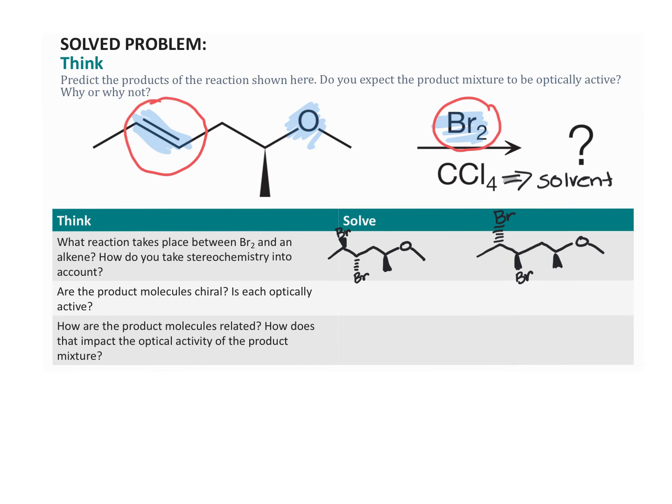Do you expect the product mixture to be optically active? So each product of the molecules is chiral, okay? And so that means they're going to be optically active. So yes, we would expect this to be optically active. The reason we'd expect this to be optically active is because we haven't produced enantiomers. These aren't enantiomers of each other. We've produced diastereomers, right? And so these diastereomers are going to be